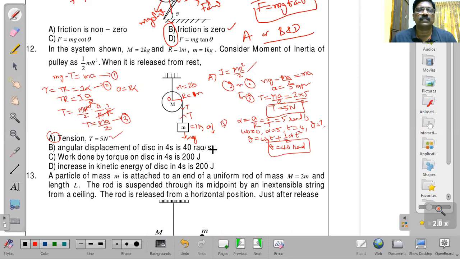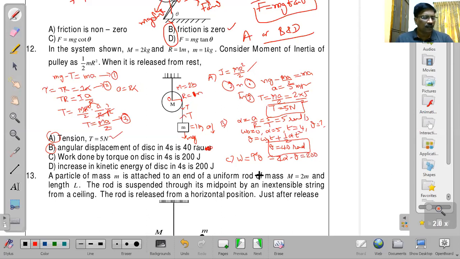So this angular displacement is also there, but here the angular displacement unit is only radians, not radian per second. So of course, if you consider that unit radian, then B is also correct. Work done by the torque, as the constant torque, because I is constant, alpha is constant. That's why work done by torque means force into displacement, just like here torque into angular displacement. Torque is equal to I into alpha into angular displacement theta. I is known, alpha is known, theta is known. If you substitute, then you'll get 200.